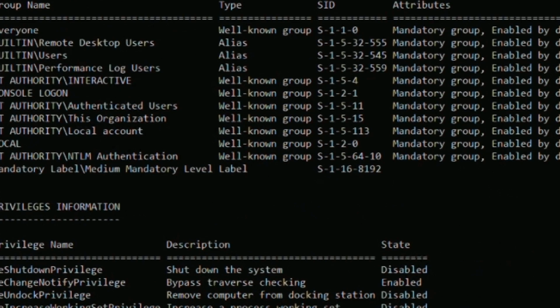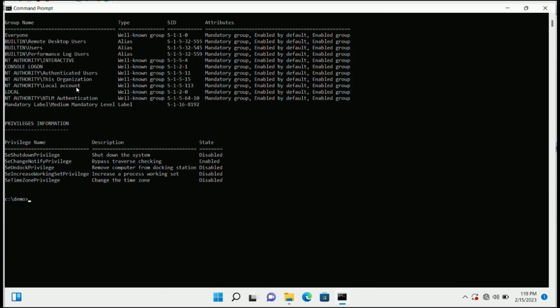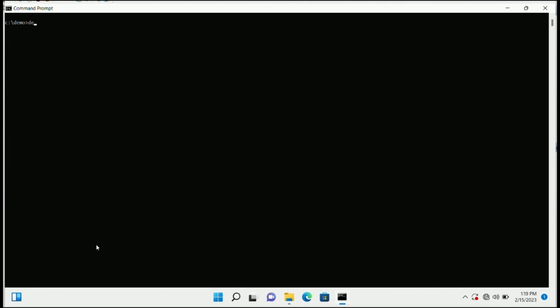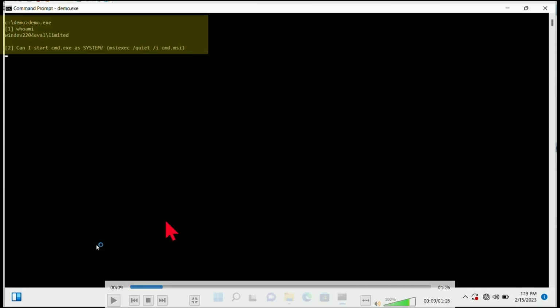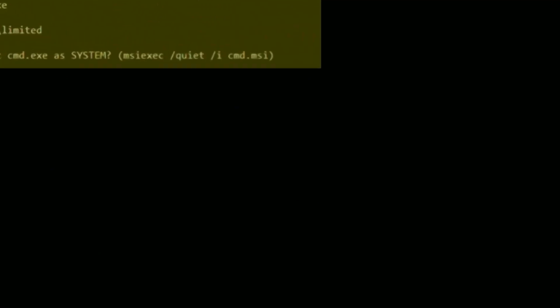But I have a standard user named limited running with the medium integrity level. And I'm running my tool just in a second. I'll try to pause it a few times just so you are able to see using the magnifier.